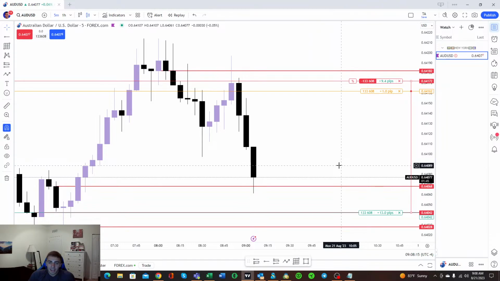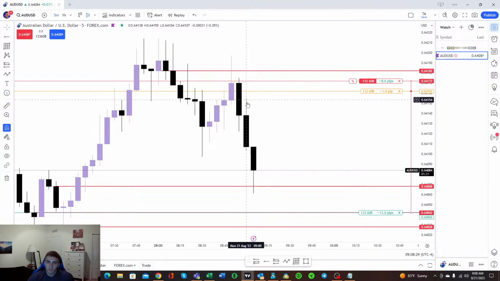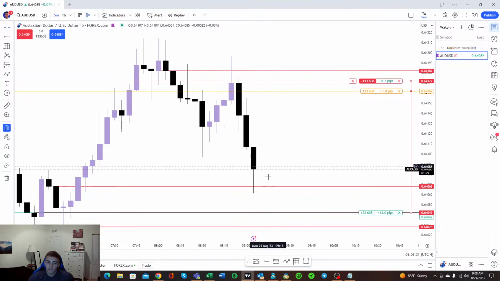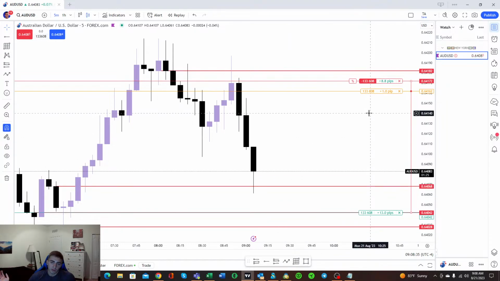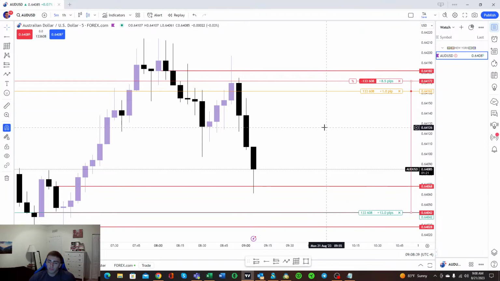And you can see it's reacting off this zone here. So we'll see. We got a minute 40. And you see I got the stop loss right above this one. This candle closes. If it closes above this red line, we're taking our position. So now that it's touched this zone,